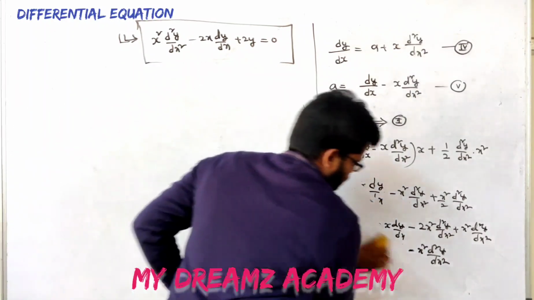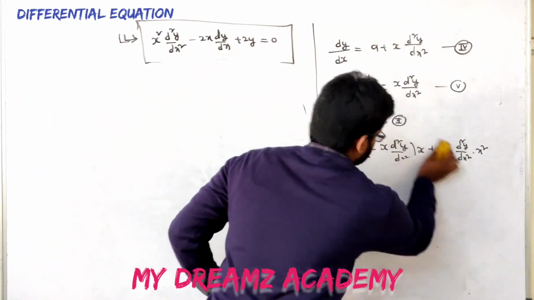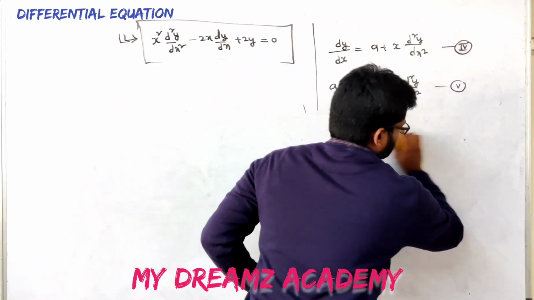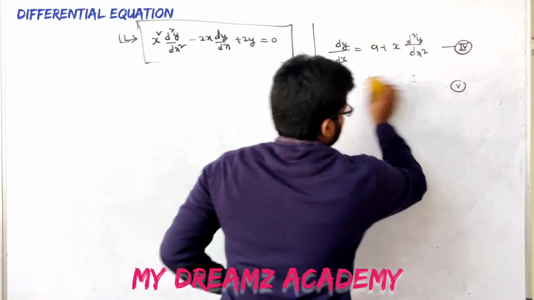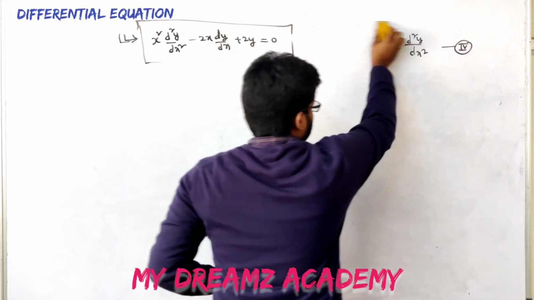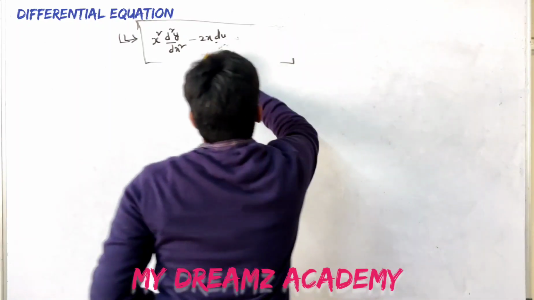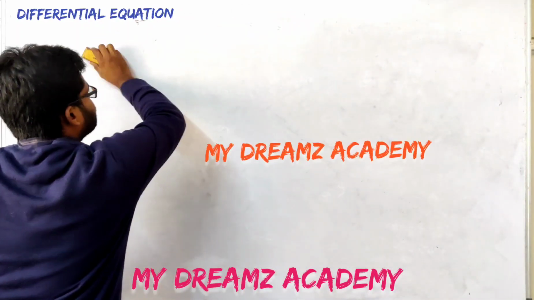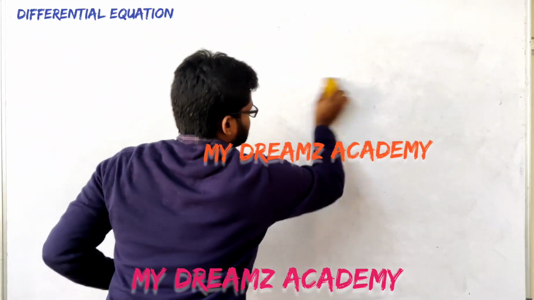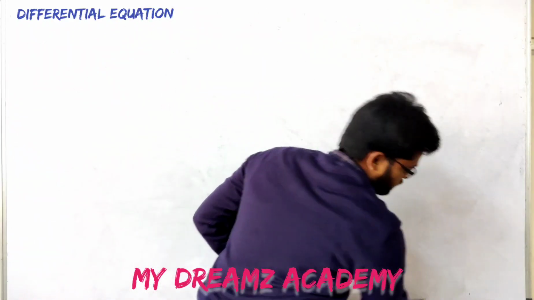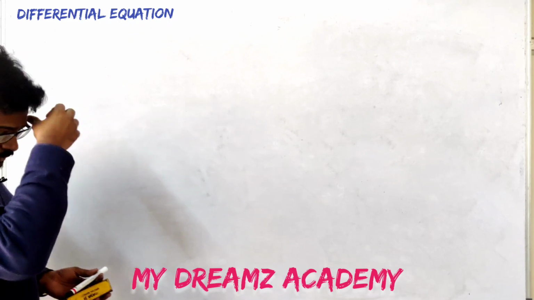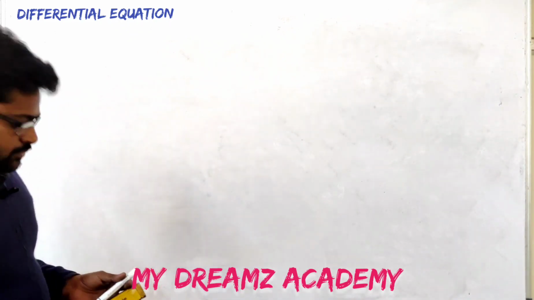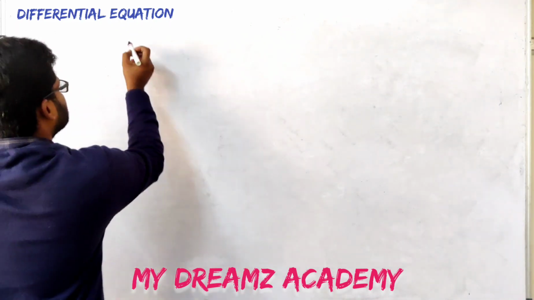The two things that you have to keep in your mind: the solution should not contain any arbitrary constants, and how many times you need to do differentiation depends upon the arbitrary constants. If the arbitrary constants are 3, we need to do differentiation 3 times. This is topic 2, and we'll see the third topic.